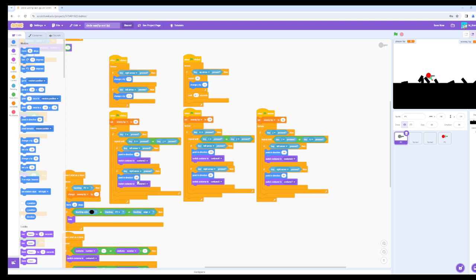It points in the direction 90 and it switches its custom to custom 1. Now over here, it does basically the same thing, but instead of that, it's this. And one more thing, guys: if you are going to try to code a game like this with multiple customs, like mine and the one I'm making, then this part right here, the